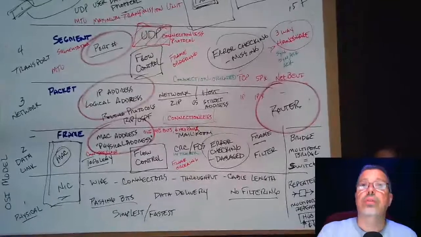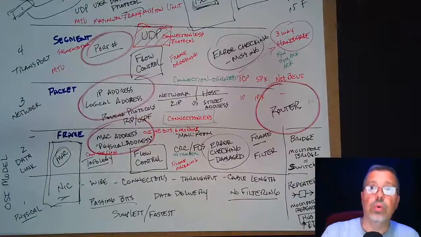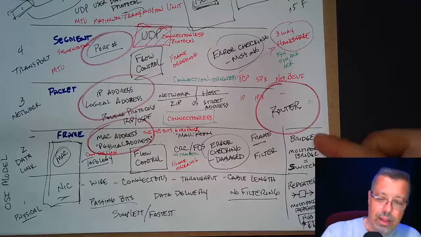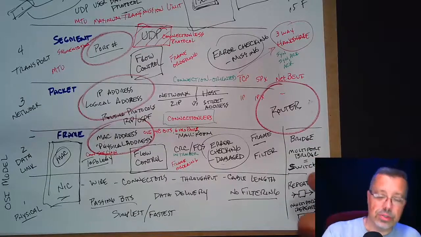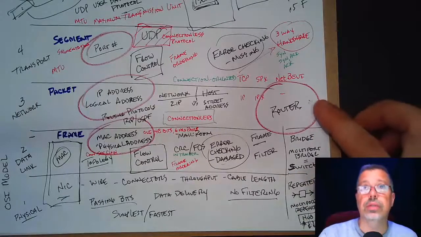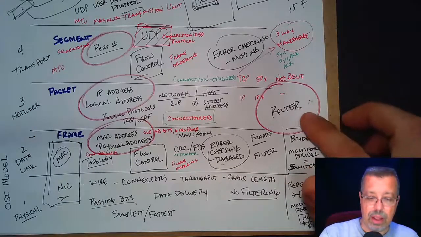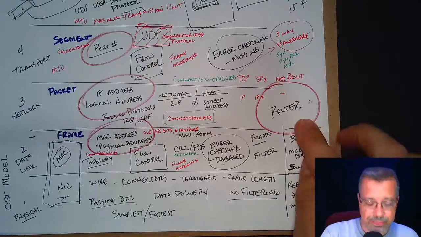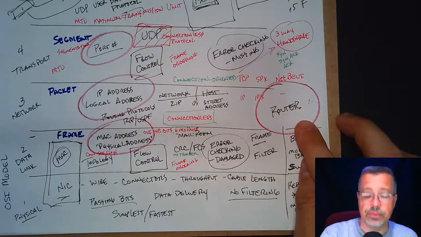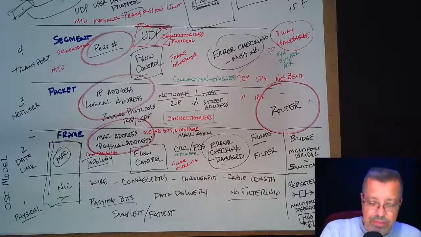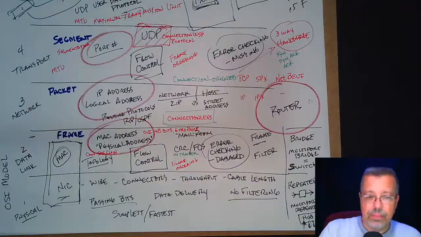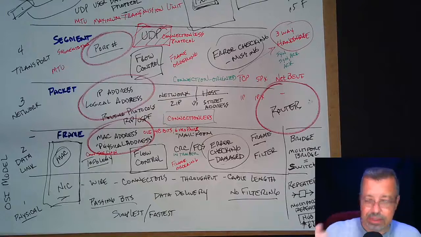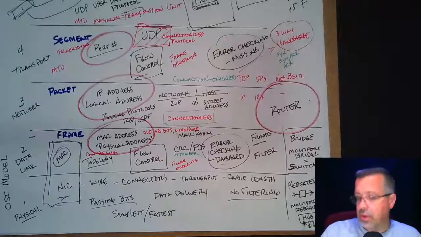Now, on the devices side, I totally forgot. We talked about repeaters and multi-port repeaters, which are hubs, and bridges and multi-port bridges that are switches. And then at layer 3, we have routers. And then we also have a multi-port router. And in class, I would ask, what do you call a multi-port router? And the answer is a very expensive router. So it's still a router, even if it's multi-port. Typically, your routers are going to have an inside interface and an outside interface, and that's it. And oh, hey, this brings up